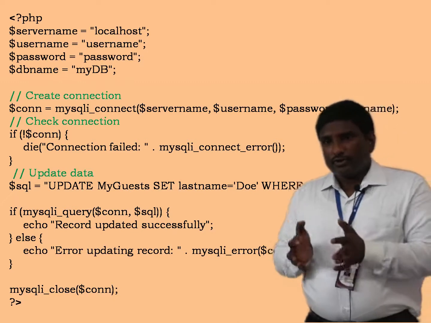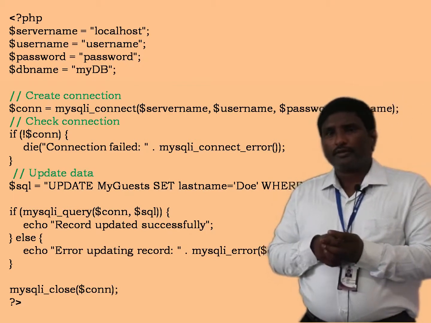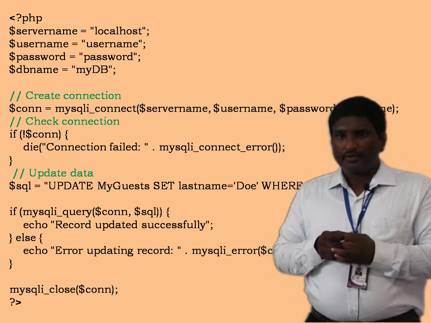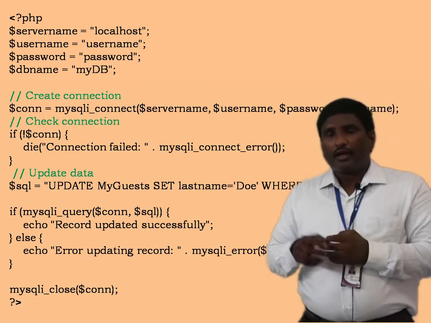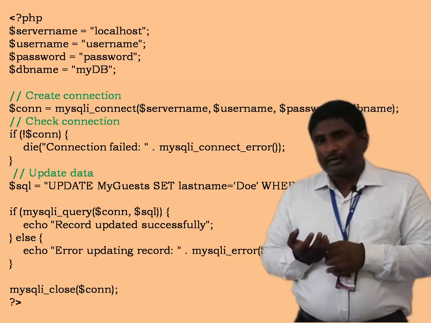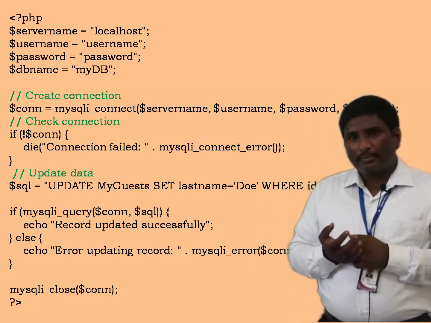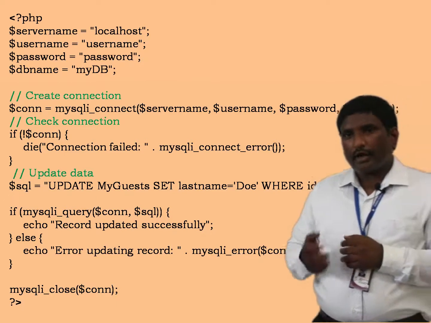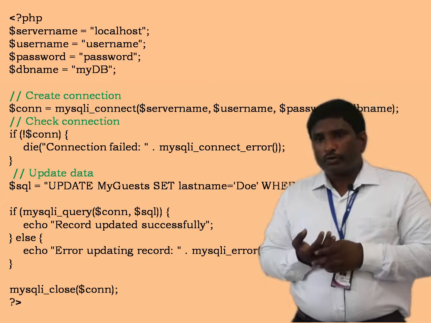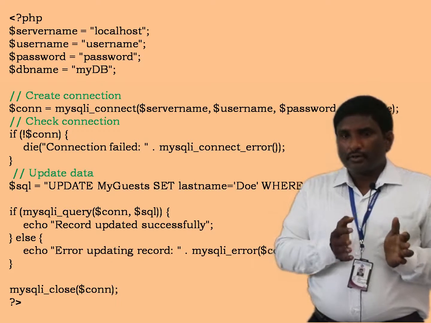So in this video, we learnt about what is MySQL, what is MySQLi, and what is MySQLi procedural or MySQLi object oriented, how to establish a connection with the MySQL server, and how to close the connection from PHP to MySQL, and then how to create a database, how to create a table, how to insert the values, how to delete the values from the table, and how to update the values in the table. Okay, this is about PHP to MySQL.